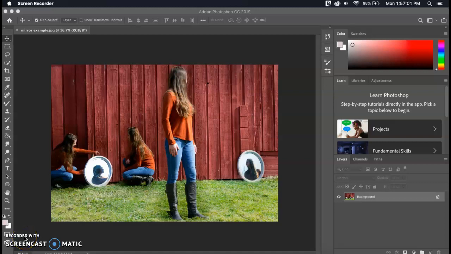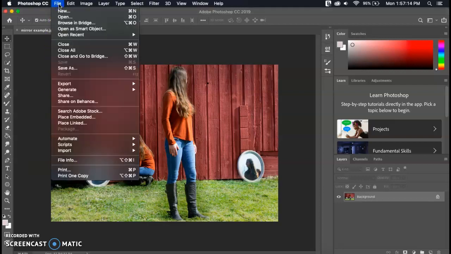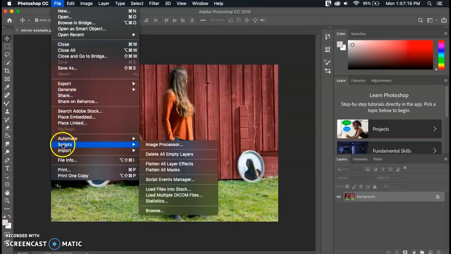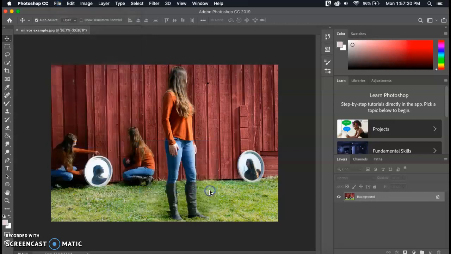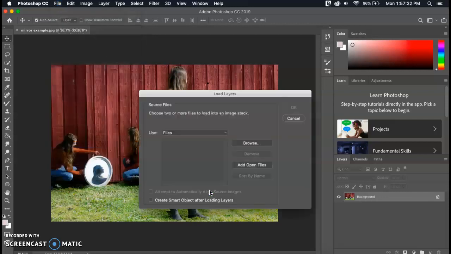This is the image that the practice is going to walk you through and how to put together for the multiplicity with the mirrors. So the first step to put this image together is to go up to File at the top of your screen and then down to Scripts and over to Load Files into Stack. That way we're able to load all of the pictures into one document and it will line up all the